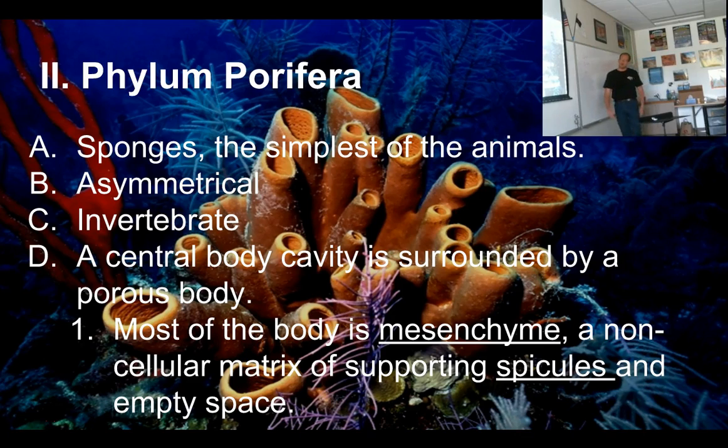So each of these tubes is an individual sponge, and this is a colony of sponges that are all growing next to one another. In all likelihood, all of these sponges came from one swimming larva that landed on a rock and started growing one of these tubes, and then the tubes bud off of each other, and they can asexually reproduce children near them. So quite likely these are all clones. Maybe it's a couple of different embryos that landed, but it's likely all clones there on that rock.